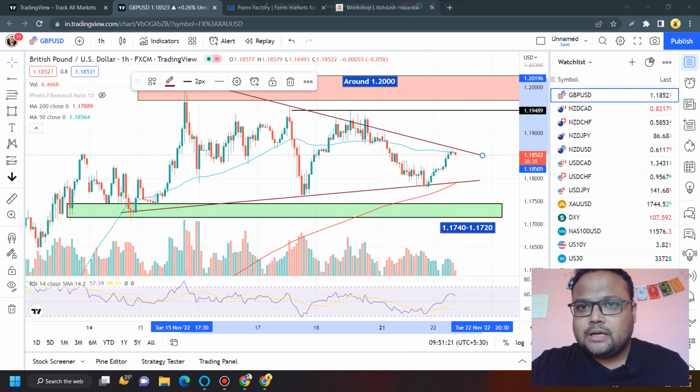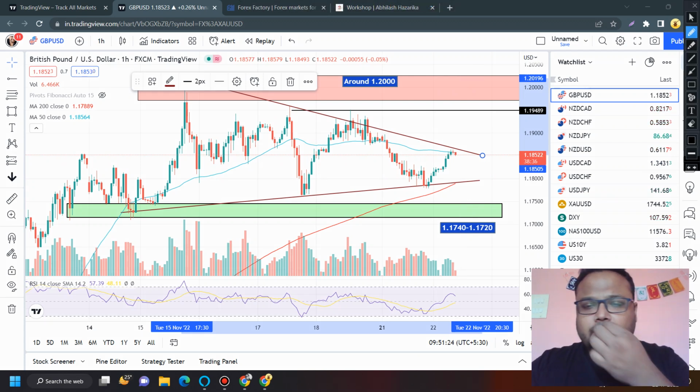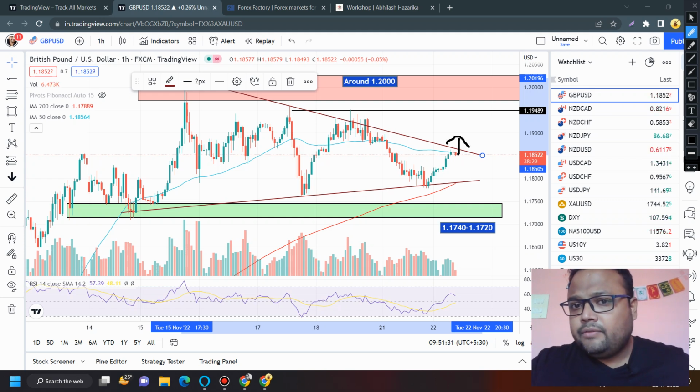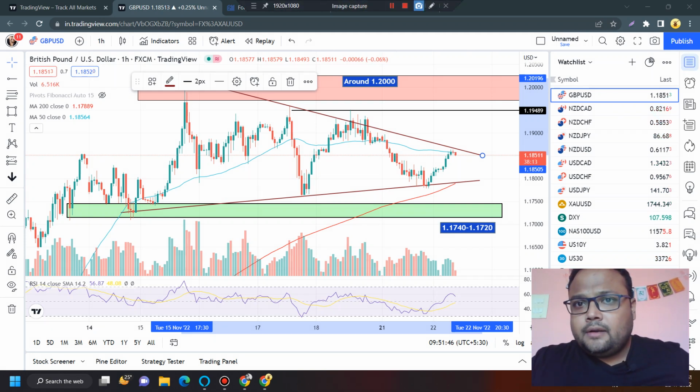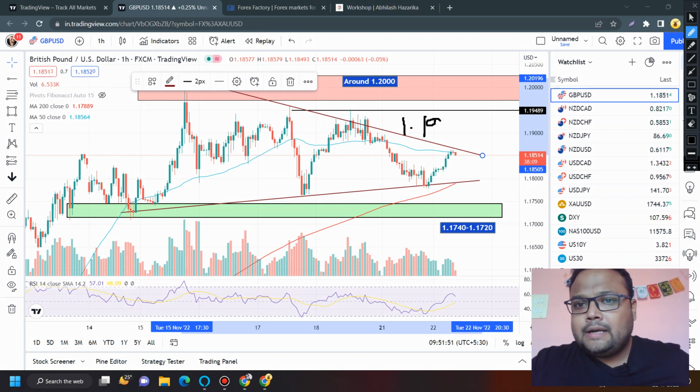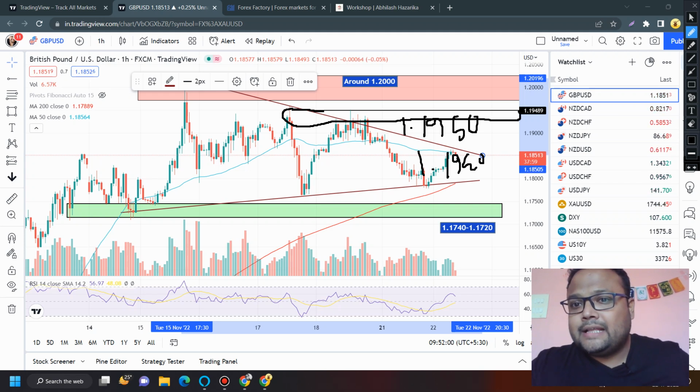So if the market comes down, takes support and bounces, you can definitely go for a buy position. And in case during the day, if you see the market breaking the trend line and going up, listen to me carefully: do not take a buy position, try to avoid a buy position. Then your duty will be to observe the market around 1.1950 to 1.1940. This can be a good selling opportunity for you if the market breaks the trend line and starts going up,